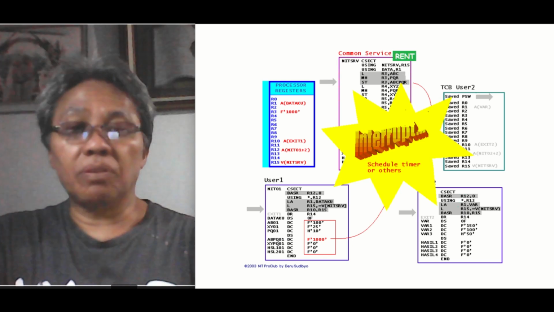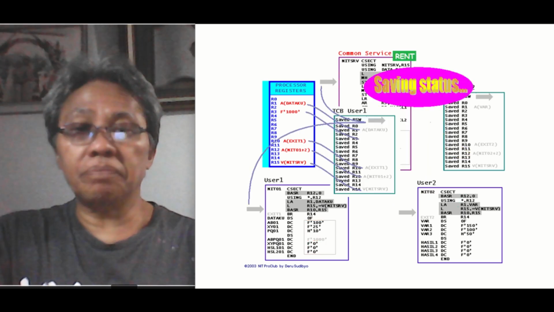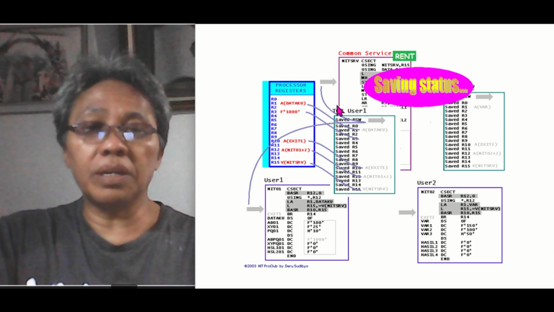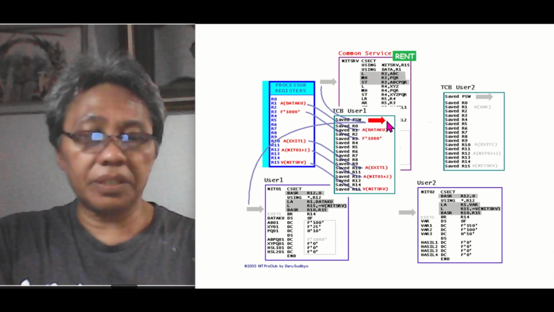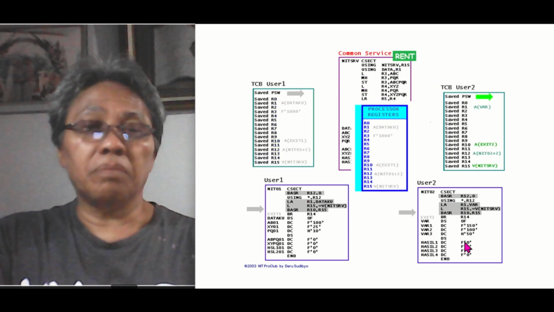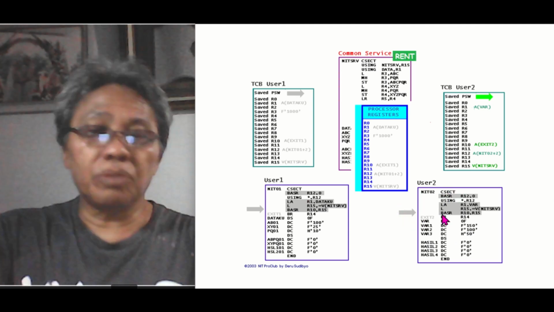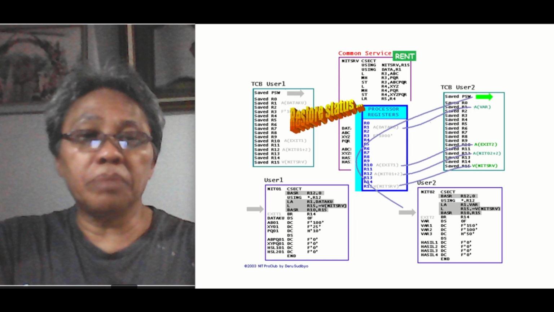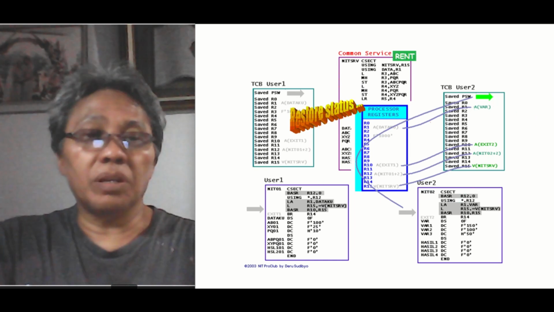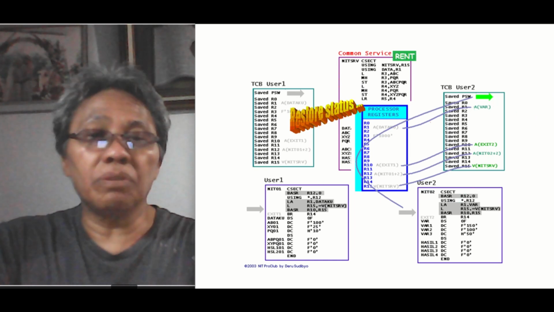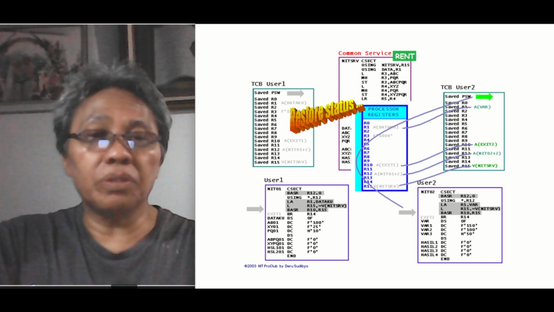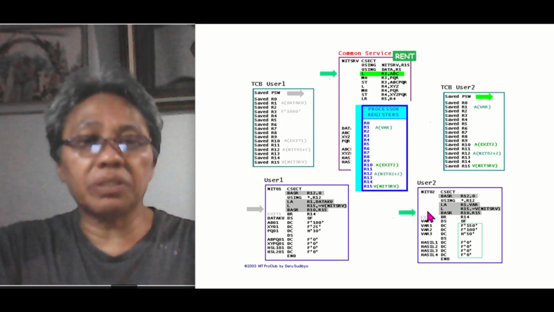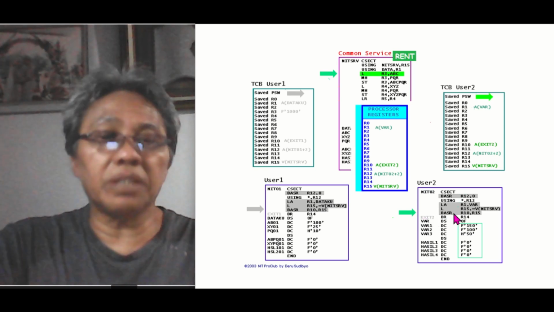Next, interrupted. Control goes back to the operating system. Then the OS does housekeeping, saving everything here into the TCP of user 1, like this. Next, go to user 2, but before control goes to the instruction in user 2, the OS does restoring first from the TCP of user 2 into the system. So the last state of user 2 is back. Once the PSW is restored, control automatically points to the next sequential instruction address of the last executed instruction before it was interrupted.